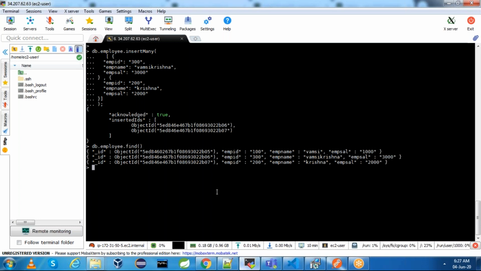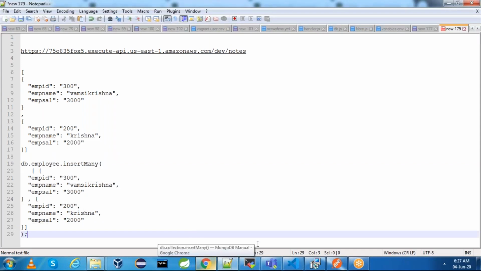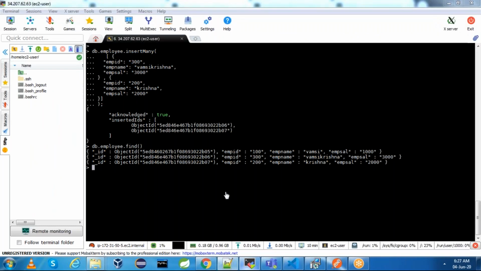And to prove that it will not enforce a schema, I'll add a couple of extra fields and I'll remove a couple of existing fields so that we can say it is not enforcing schema. For that, what I will do is db.employee. You can use insert also. I'll simply add employee ID, some 400.